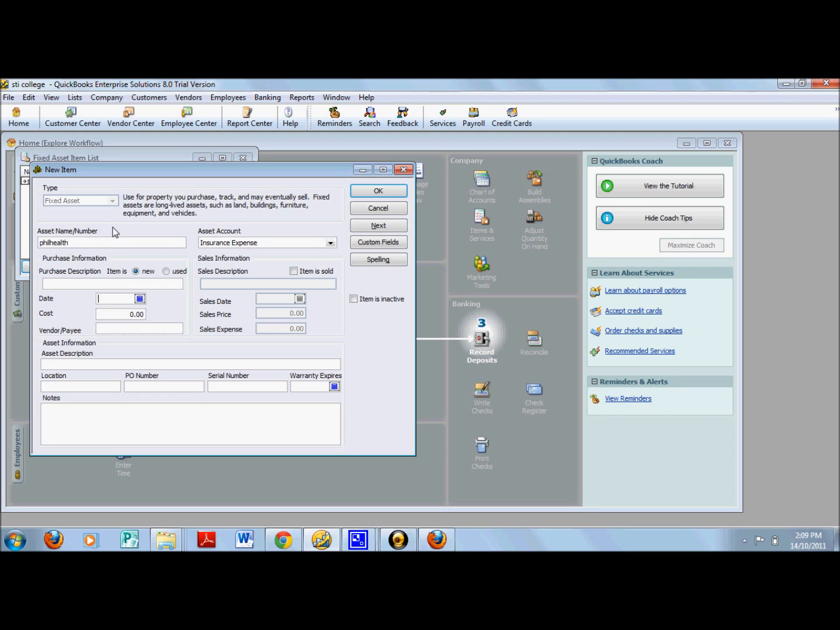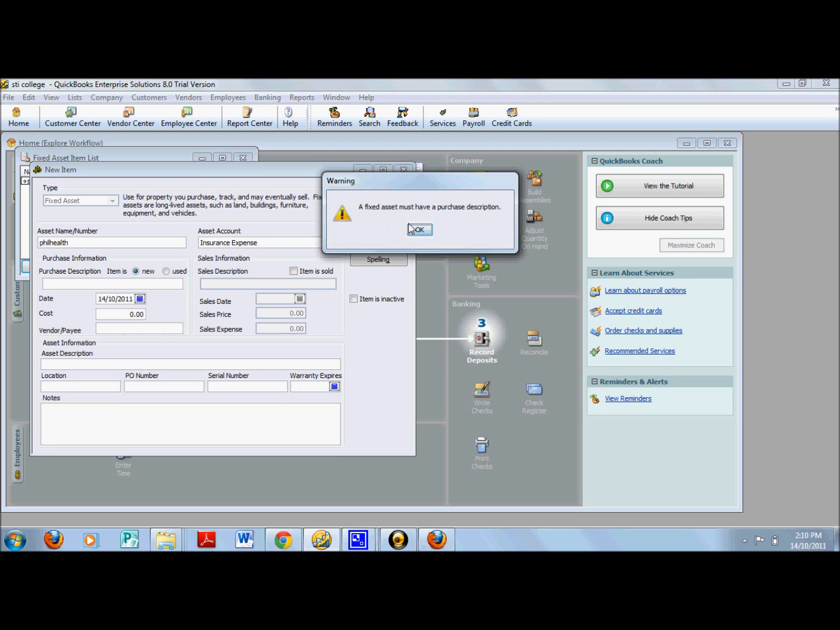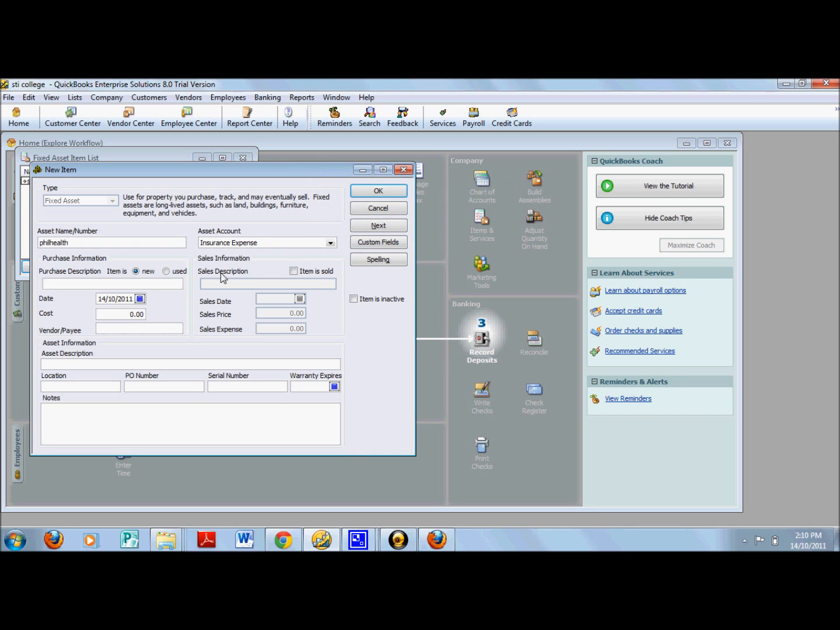date is 14/10/11. Next, you have to description. It will be under insurance. The next,